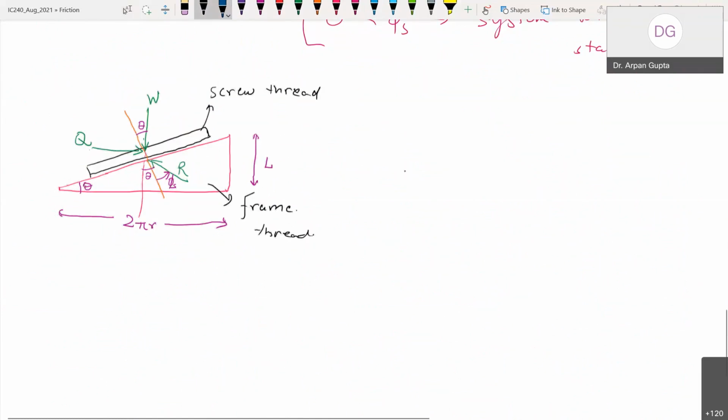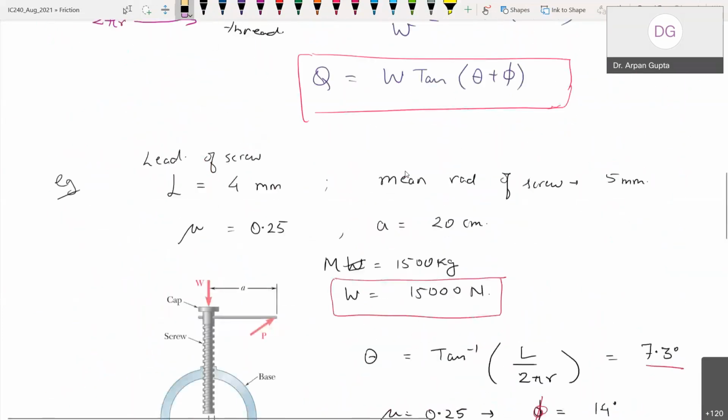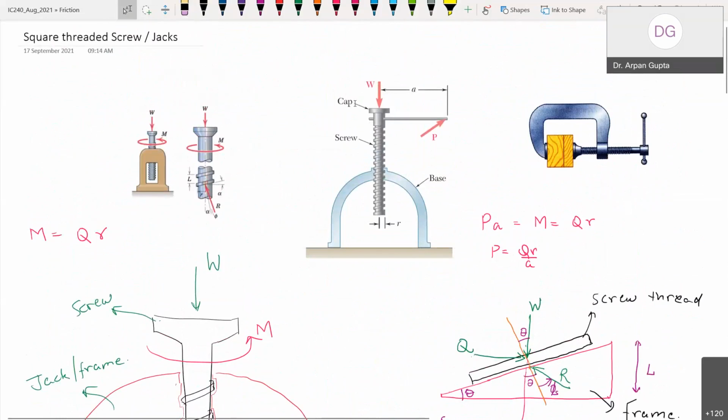So now we have this case again. Now we have applied a force P. We have lifted the object. Now we have left the thing. The system is stable. That's very nice. Now let's say I want to lower the car again. So that's the third case. We are working with, let's say, a car. We lifted it up, stable. After some time, we want to lower it.